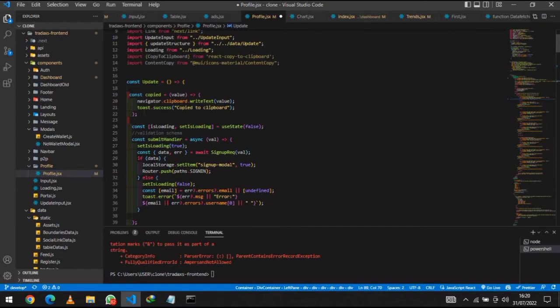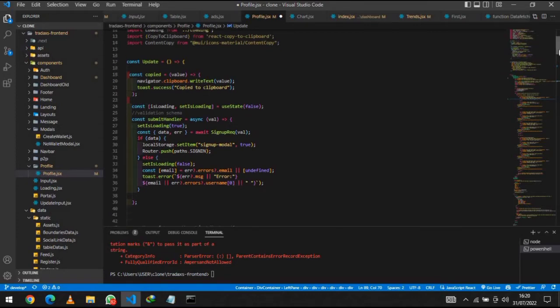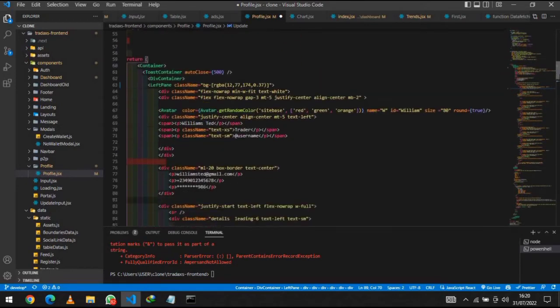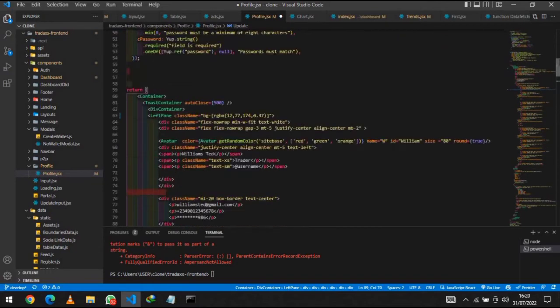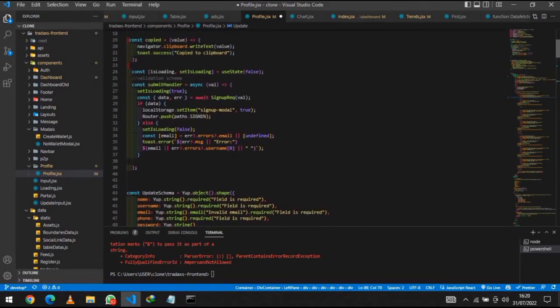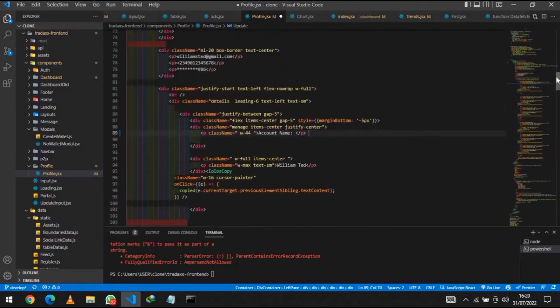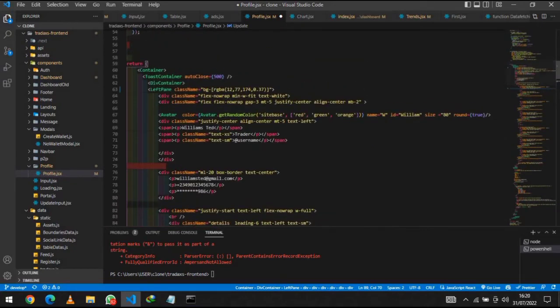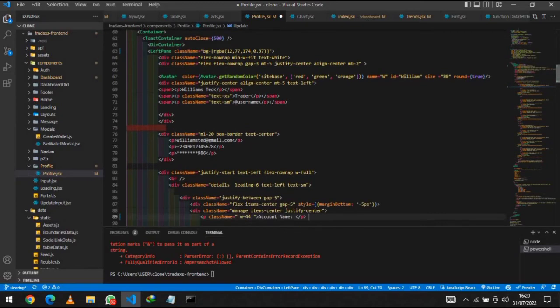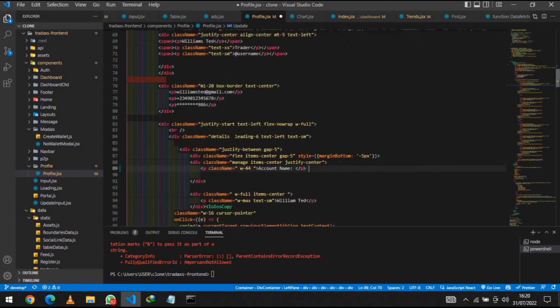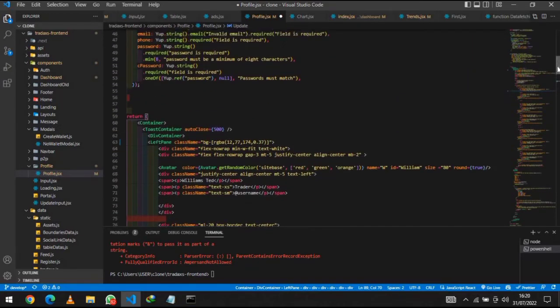So this is the code that controls the copy to clipboard, and this toast.success is what would tell your code to, if it's clicked, pop up there and say, yo, you got this copied right here. So you can see it has a 5-second interval. That's what this auto close is. It's your set interval, which is 5 seconds, and you have this